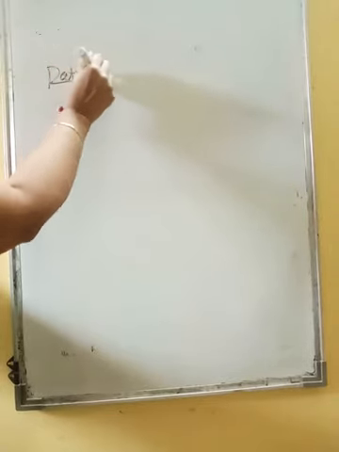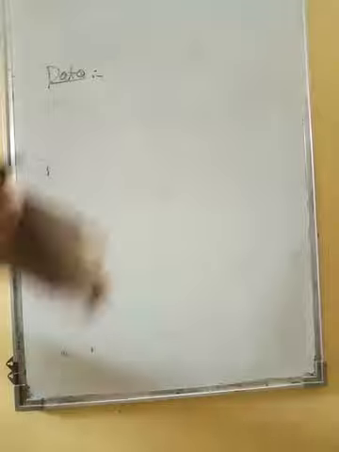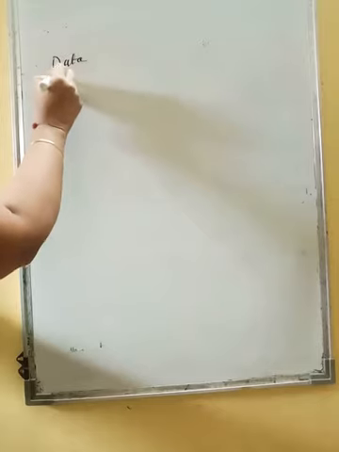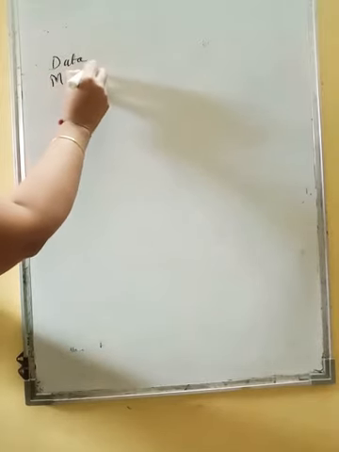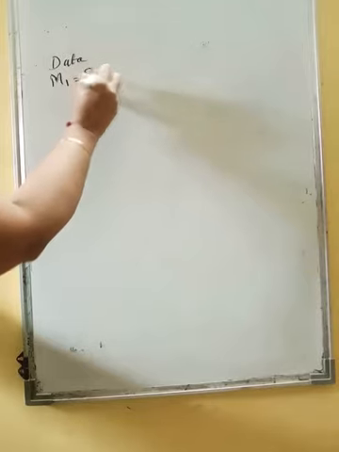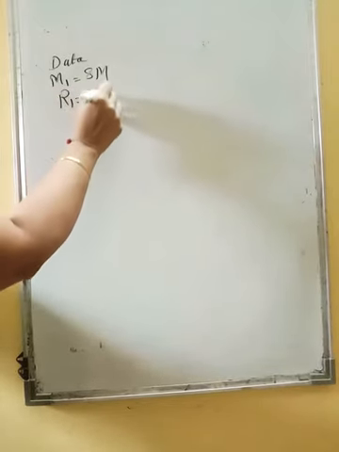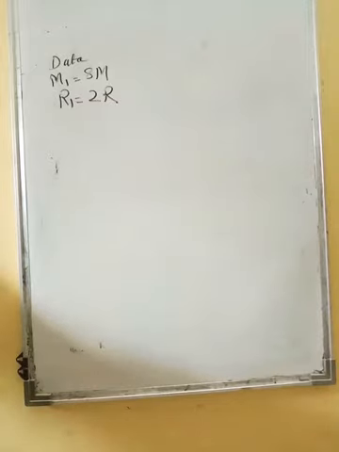Now the first question says, if the mass of a planet is 8 times the mass of the earth. So children, our data: the new mass of the new planet is 8 times the mass of the earth. Mass of the earth we normally write with capital M, and the new radius is twice the radius of earth, so you can write 2r. What will be the escape velocity for that planet?